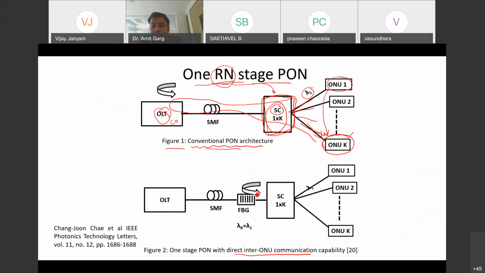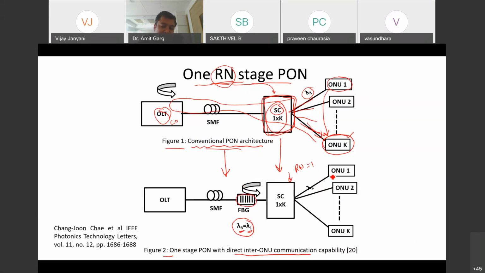So here, this circuit in figure 2 is a slight modification of that upper diagram. It still has one remote node, Rn is only one, but here you see that we have put an FBG at lambda 1. This lambda B is equal to lambda 1.